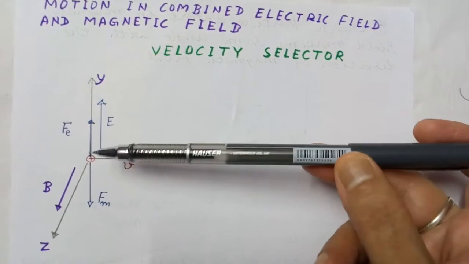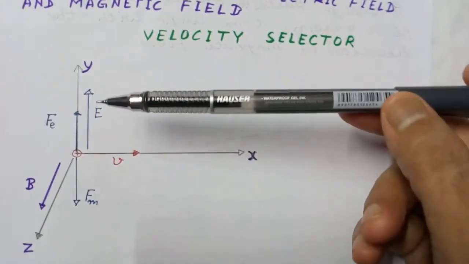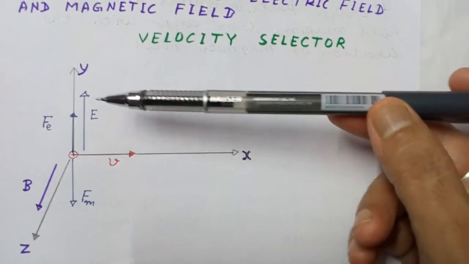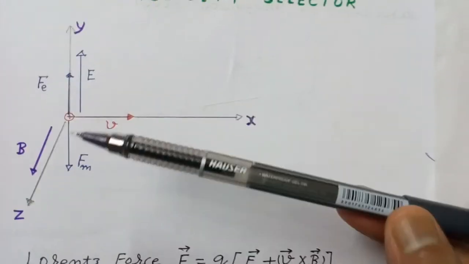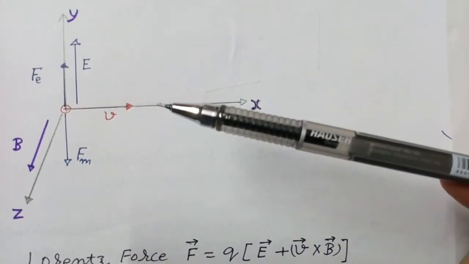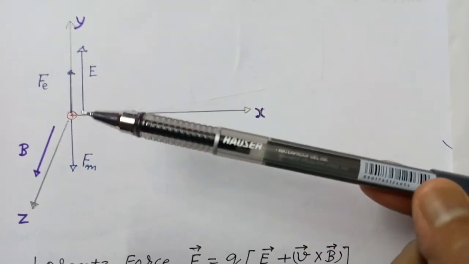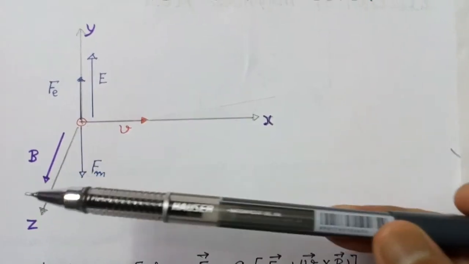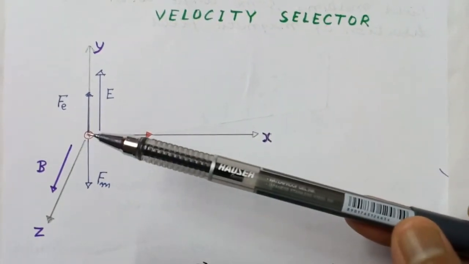Suppose along the positive y-axis there is an electric field capital E and along the z-axis a magnetic field capital B. Since the x-axis, y-axis and z-axis are mutually perpendicular, the direction of electric field is perpendicular to direction of B. So E and B are mutually perpendicular to each other and it is clear that this charged particle enters perpendicular